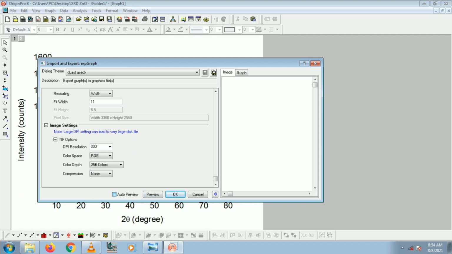After adjusting the image size, click on OK.